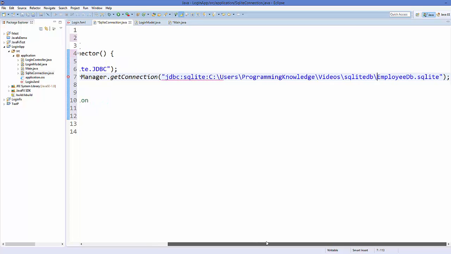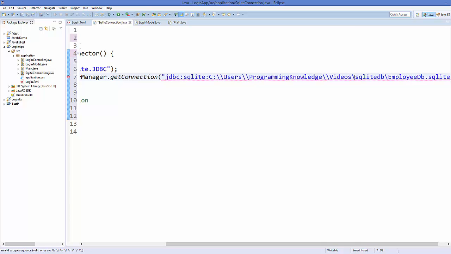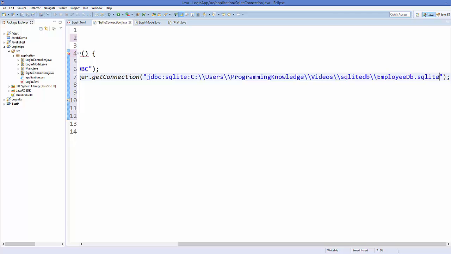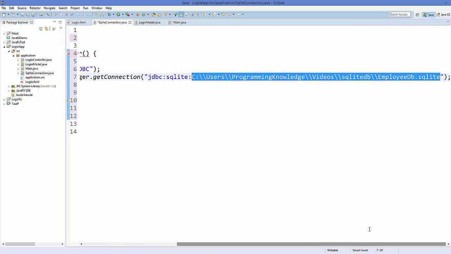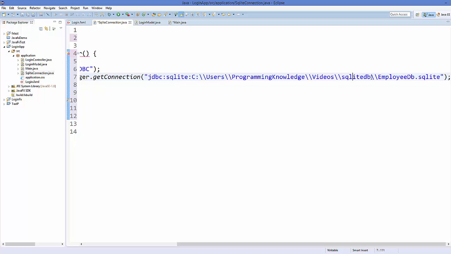Okay, so our path looks something like this, which is in C folder, and just add these double backslashes instead of single so that this error will be gone. So the first way is to directly give the path of your SQLite file, and then it's going to connect to this database using this path. Okay. Otherwise, if you want to add this database to your project, what you can do here is you can